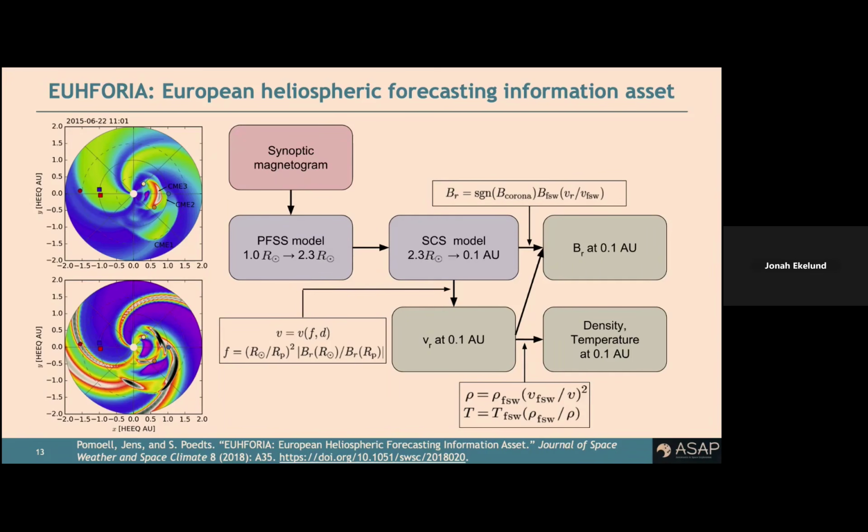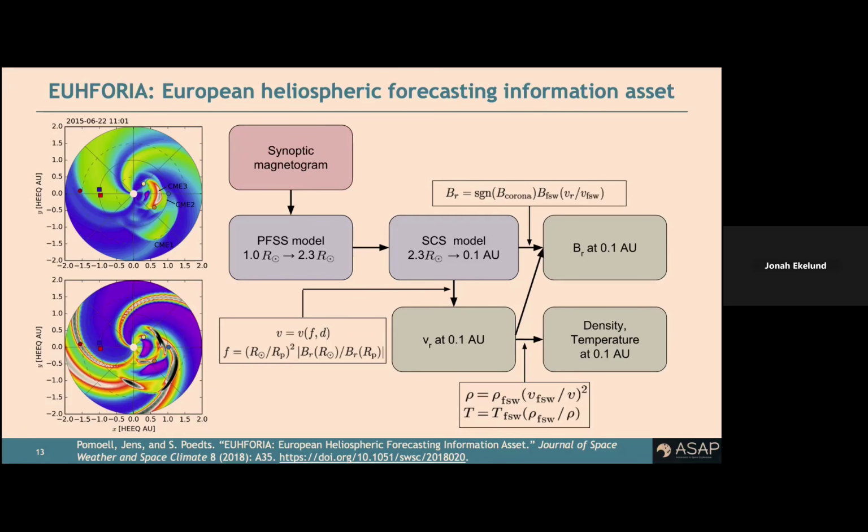So you provide the magnetogram and then you have to run. I'm not going to go into the details of how EUHFORIA works. I don't think we have time or interest in that because I'm going to use a different model actually, but it is an MHD model in this case. So they're heavier to use. And the problem with using them is that, if you want to run a large ensemble, especially for COCONUT, which is also an MHD model, a coronal model, it will be expensive to run a big ensemble.